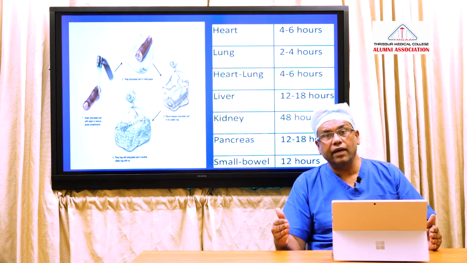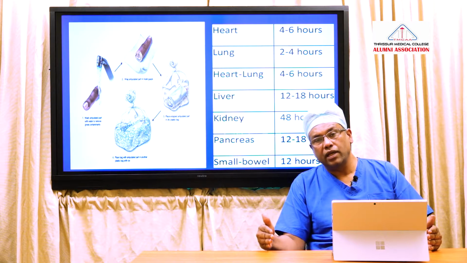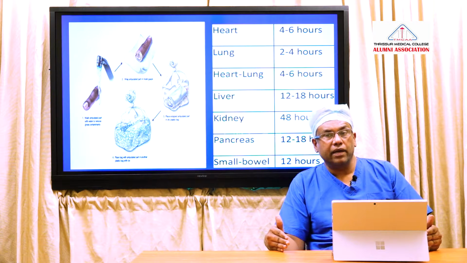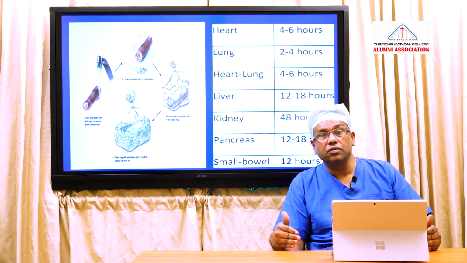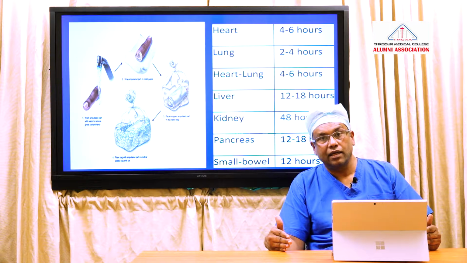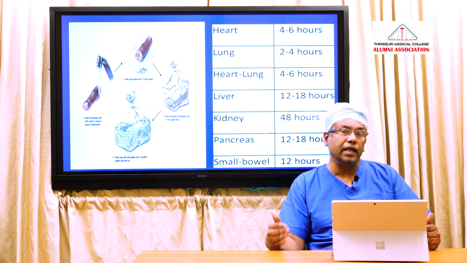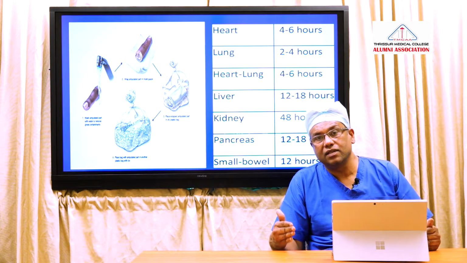But ideally, I would say cornea within 18 hours, kidney within 8 to 12 hours, the liver and the pancreas are best done within 6 to 8 hours, heart within 4 to 6 hours, and the lung within 2 to 4 hours. And small bowel ideally falls in the same group of 2 to 4 hours for an ideal take. Right? You can try as a delayed thing, but it has to be. For a digit or the limb, the cold ischemic time is 4 to 6 hours.